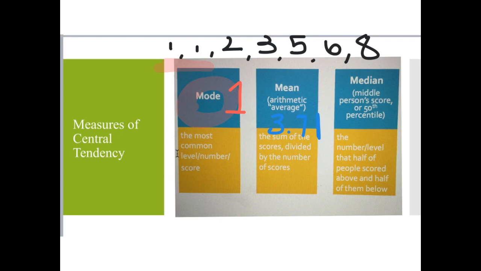And then the last one is our median. We can find this by crossing off from each end. Boom, boom, boom, boom, boom, boom. Our middlemost number is a 3. That's going to be our median. Again, this hopefully is review for you, but I do just want to make sure that I go over it as a refresher. So there you have it, mean, median, and mode. You will need to know these central tendencies.